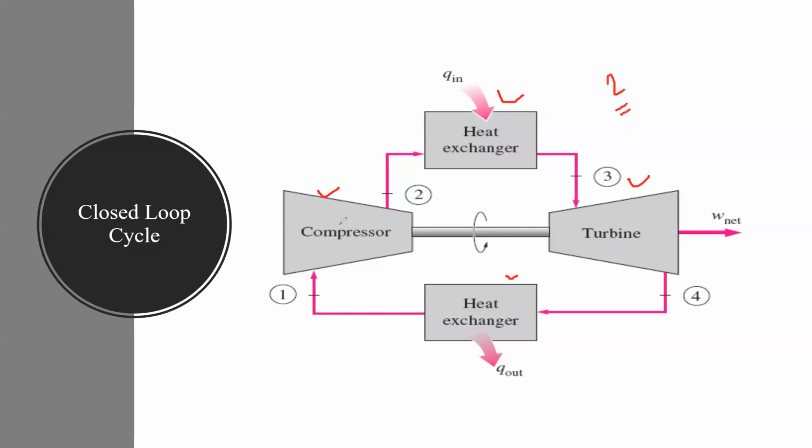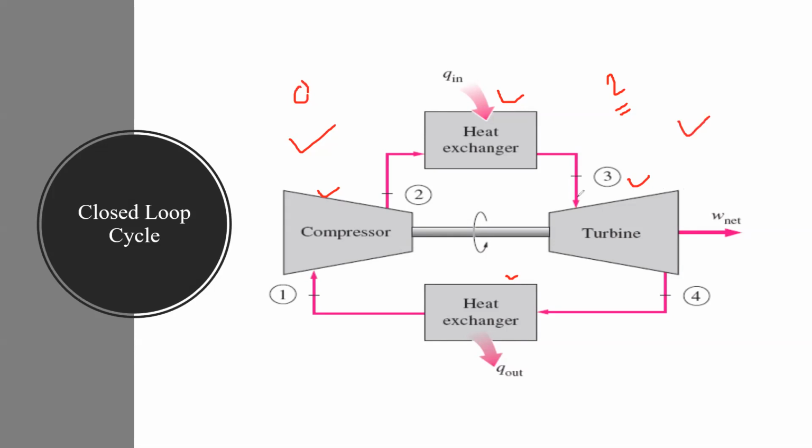If they ask in the exam to explain the gas turbine power plant and its components, then you can draw the layout diagram which I explained in the last lecture. But if they specifically ask you to explain the closed loop gas turbine power plant, then you must draw this diagram. Don't draw the open loop cycle diagram, or you get 0 marks. Draw this diagram and explain properly.